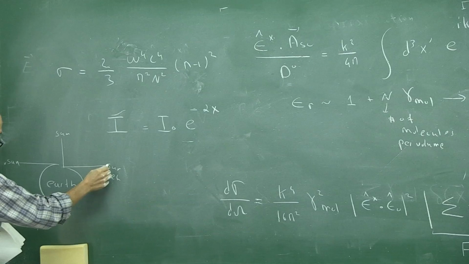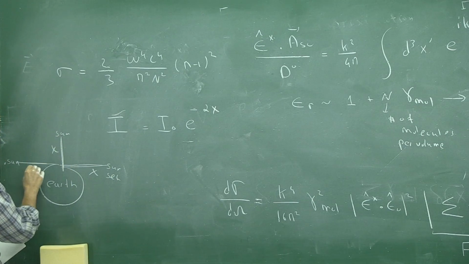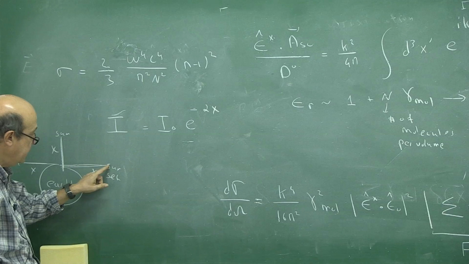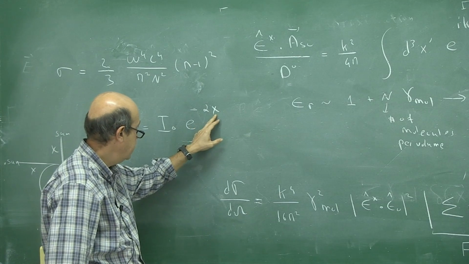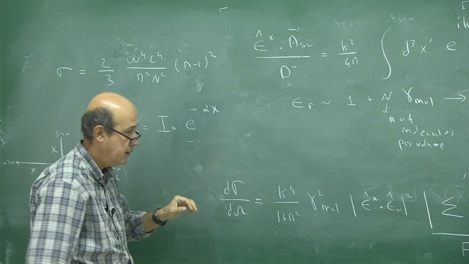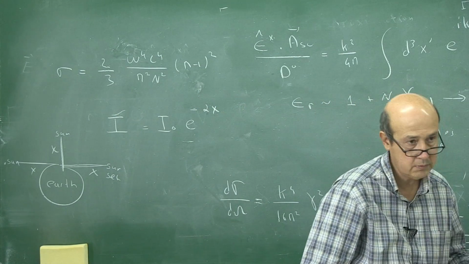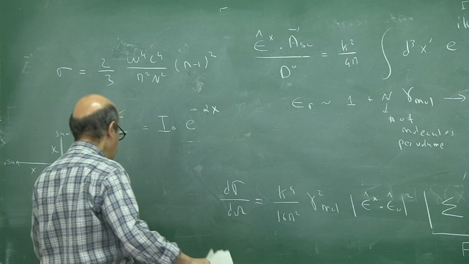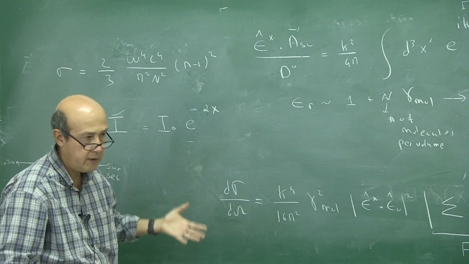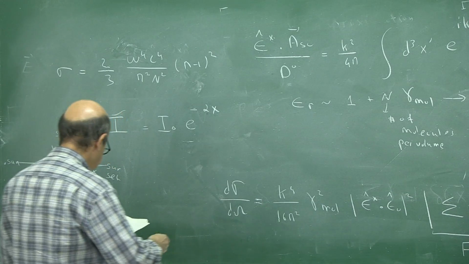So x could be this one, x could be here or here, it doesn't matter. If there's an incident radiation, due to the scattering, we can see that the light is absorbed. Okay? So if you use that radiative transfer equation and solve this, you will find the exponential. This is very standard. The absorption coefficient